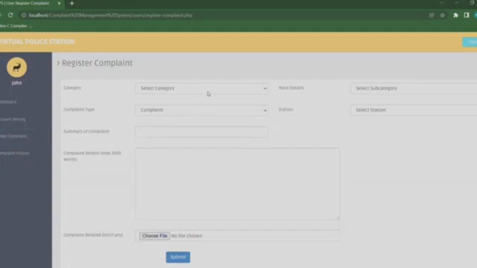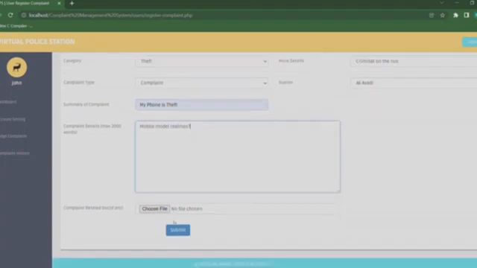We can select the category like theft, more details, criminal on run, complaint type just a normal complaint, and station A6 Avadi. Summary, my phone is theft, and the details like mobile details, mobile model, Realme X7.